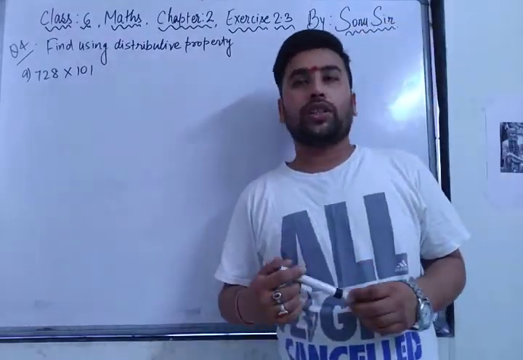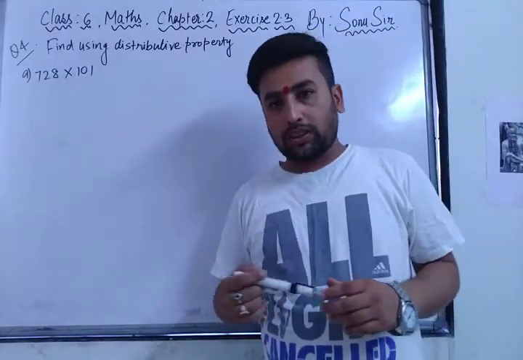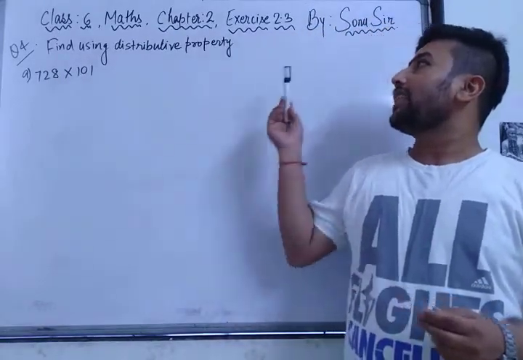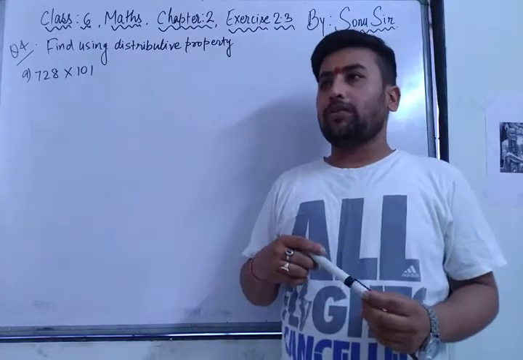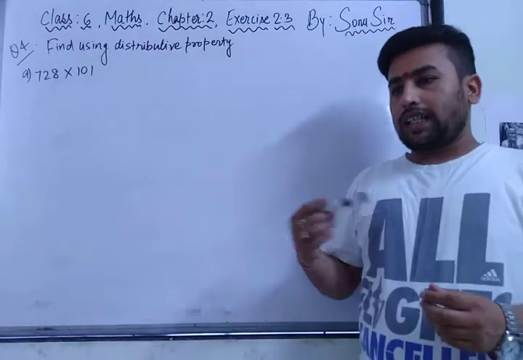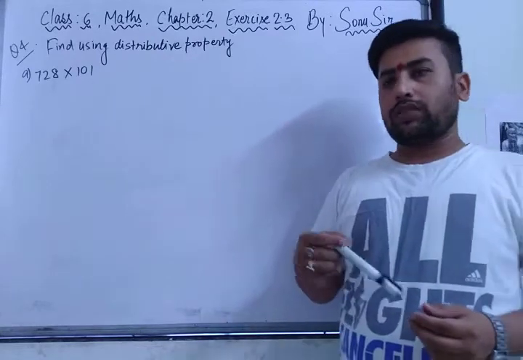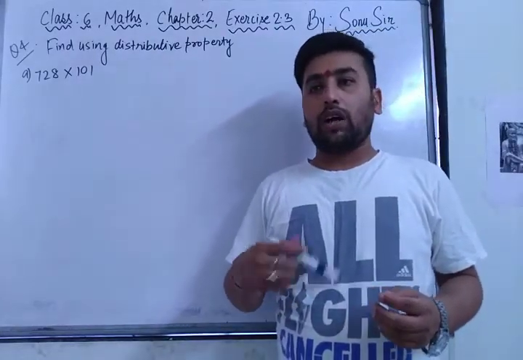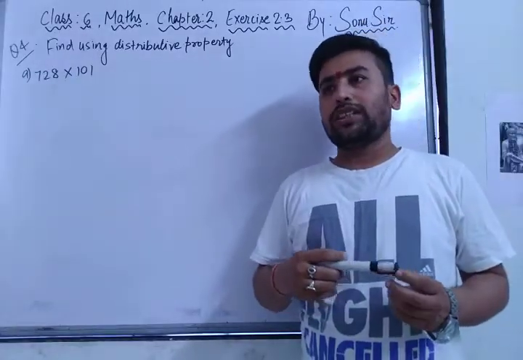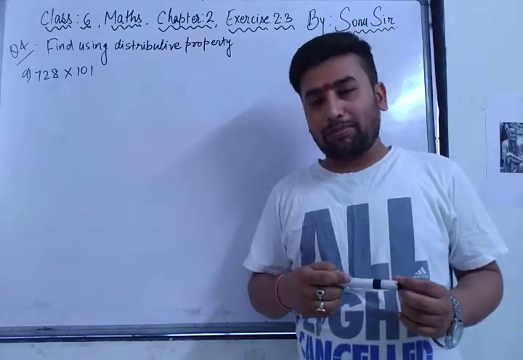Before explaining the question, first of all I would like to thank one of my students, Mahi's father. He suggested that in exercise 2.2 question number 5 there was a petrol related question: on Monday a car fills 40 liters and then 50 liters, the cost of petrol was 44 per liter, then how much money did he spend on petrol? The right answer was 3960. Instead of 3960 I had written 4060. That was a really great blunder.